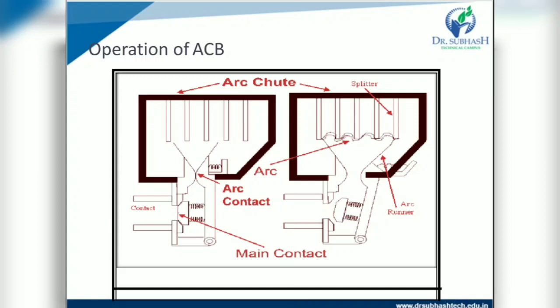So it is the simplest one, in which the contacts are made in the shape of two horns. The arc initially strikes across the shortest distance between the horns and is driven steadily upward by the convection current caused by heating of air during arcing. Through the interaction between the magnetic and electrical field, the arc extends from one tip to the other when the horns are fully separated, resulting in lengthening and cooling.